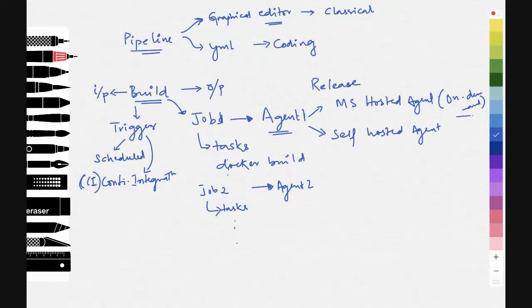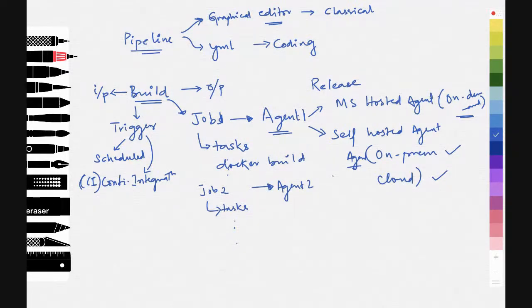In case you don't want to take an on-demand Microsoft hosted agent, because this would not be under our control, we can go for self-hosted agents. Self-hosted agents are our servers. We can configure our on-premises server, or we have servers running in cloud that also can be configured so that we can execute the build. But the responsibility here is to manage them, maintain them. There would be an agent running so that it can communicate with our Azure DevOps account and listen to any of the jobs which are being allocated to it for building and for deploying.